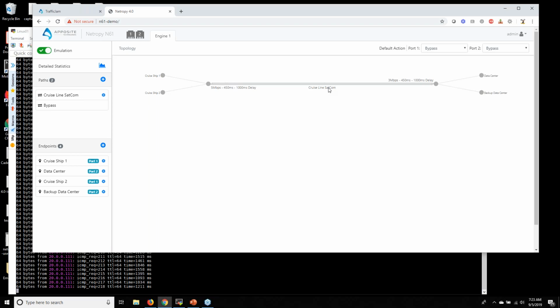And what they found is if the weather outside was bad, everyone would come inside and either start gambling or spending money, and they were having problems getting their credit card transactions to go through when they were in these snowstorms. So we were able to emulate that environment, and then they did their tweaking to their credit card authorization applications, and now using us, they can actually still make money while they're cruising through a snowstorm.